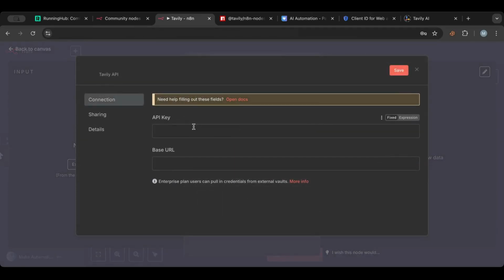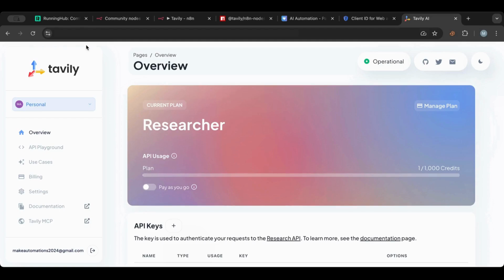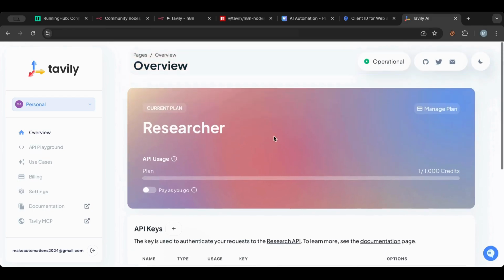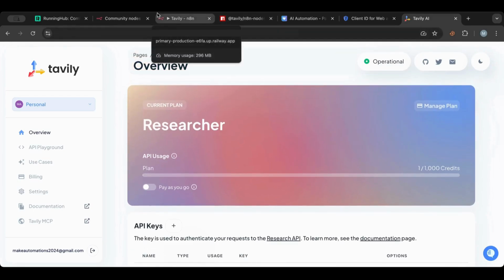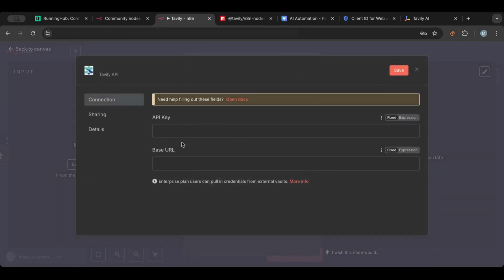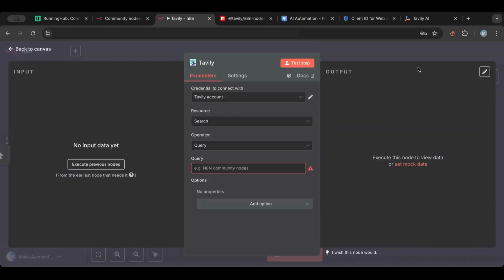So you need to create a new credential and get the API key. Once you go to the Tavily website, you create an account, and here in this section below you will find your API key. You can copy it, get back to here, and put it here, the API key, and then you'll be good to go. So we're going to do an operation of query. What we want to search for is, for example, n8n